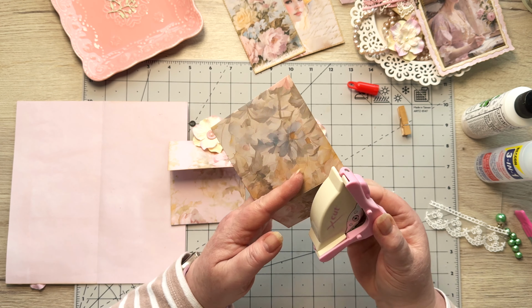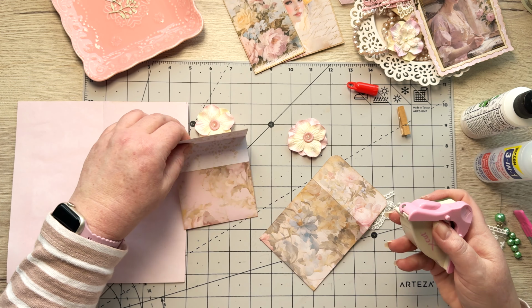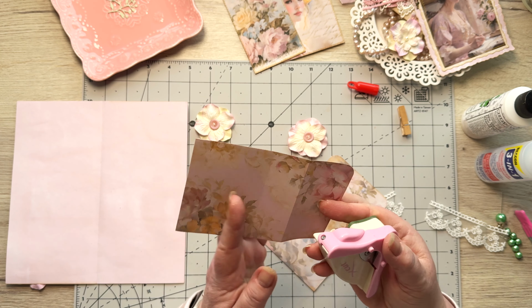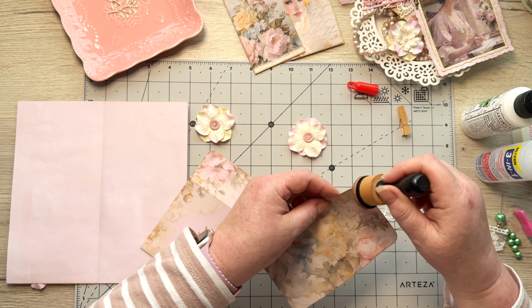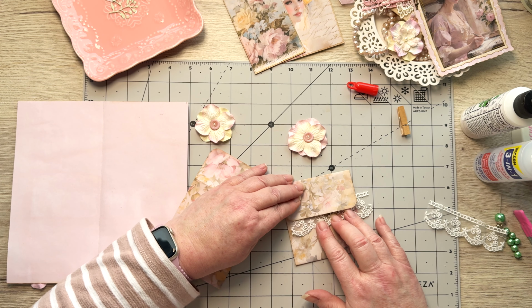if you want. I don't know if I wanted to, but because I'm putting lace on, I suppose I shouldn't, but I just think it looks more of an envelope type finish when you do this, but not a must. Luckily I have inked all the edges, so that saves us time, doesn't it? Right, so we want to get this underneath here,